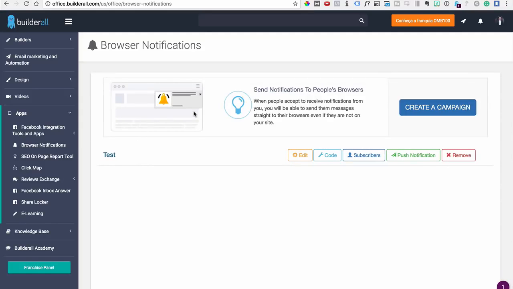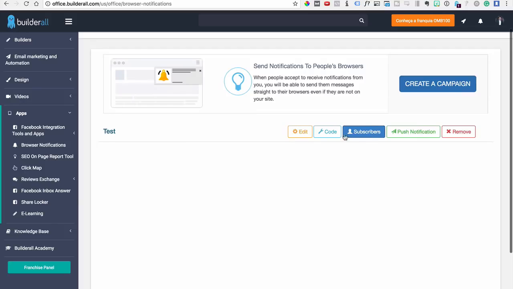this tool in particular, people are using quite a bit. Basically, when people access your site, a notification shows up asking if they want to subscribe to receive notifications from you, and then you can automate the messages. So if people are, let's say, navigating to other sites, or they might not even be on the internet, they might be just doing something on the computer, you can send them a notification, and they'll receive it in the upper right corner saying whatever you want it to say. Very easy to configure. Also, you just create a campaign, get your code, and embed it anywhere you want on your